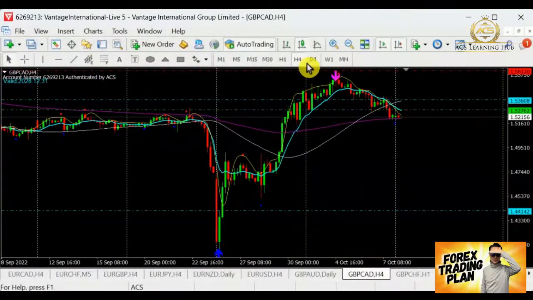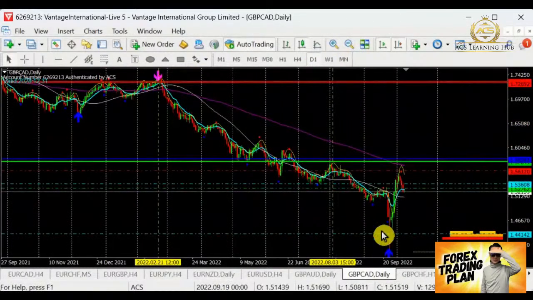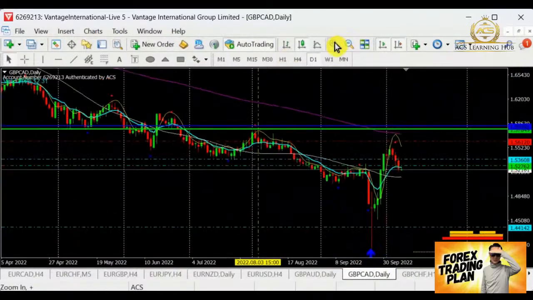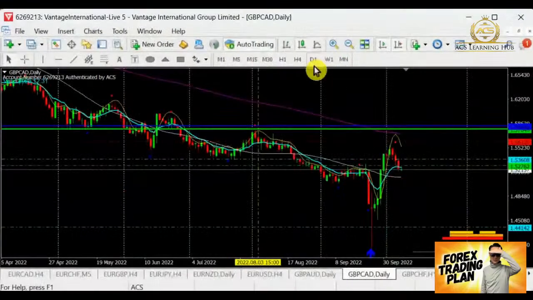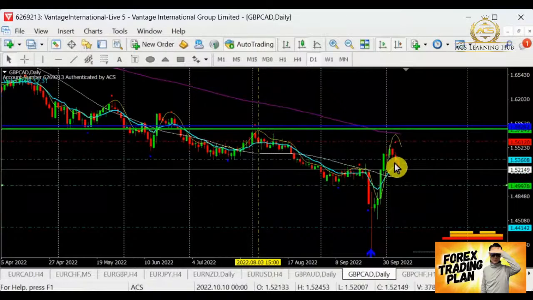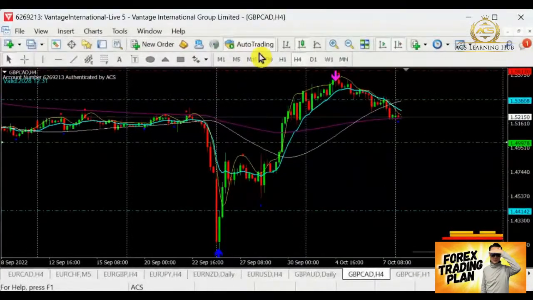So for Pound CAD, we are in the bear. Taking a look, we are still in the bear. Tested once and now retraced upwards. Seems like Pound CAD is actually looking out for something. At this point, I will still say that the support is quite low, but I'm still looking for a selling. So currently for the selling side, all right.